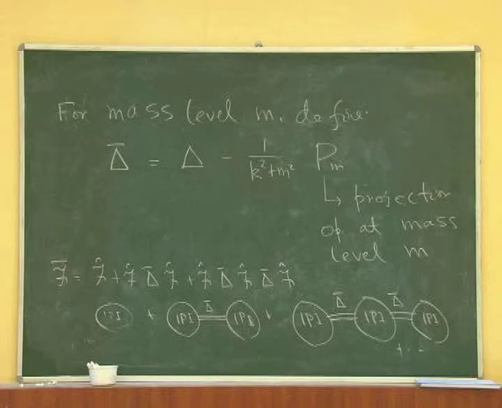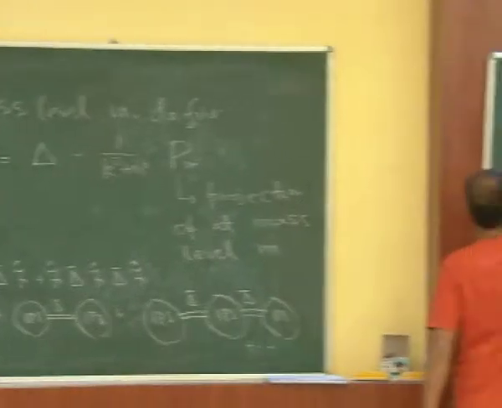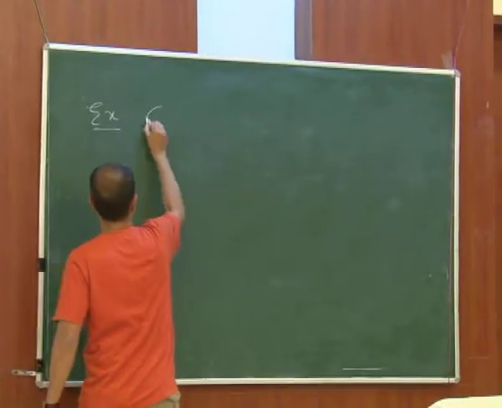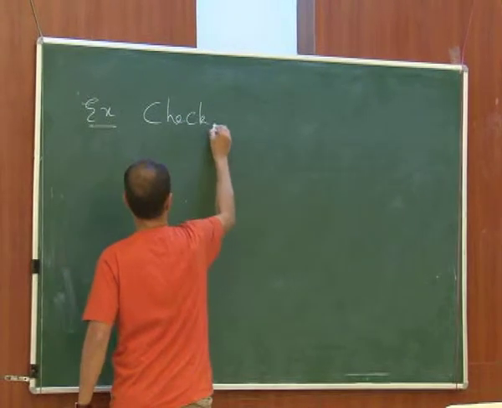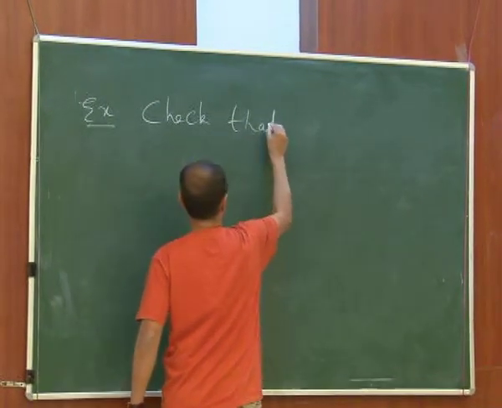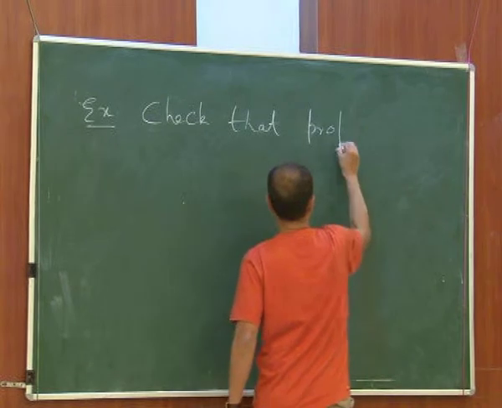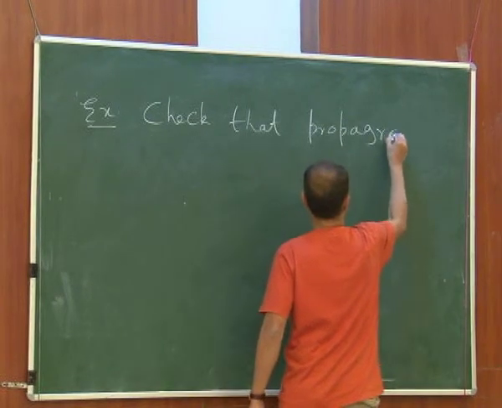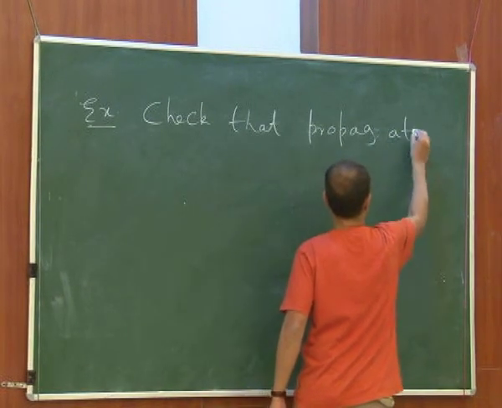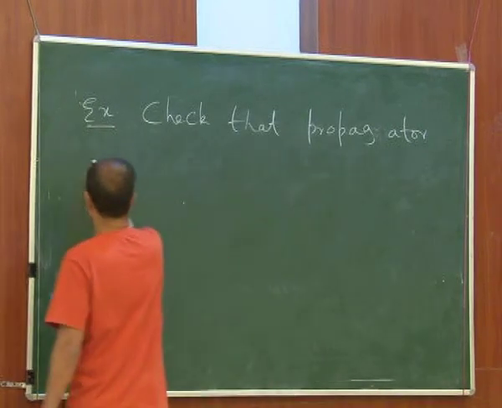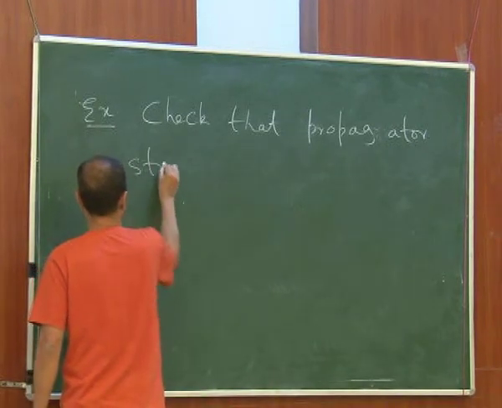So I'll leave it as a simple exercise. Okay, again it's not hard. Check that the propagator restricted to mass level m